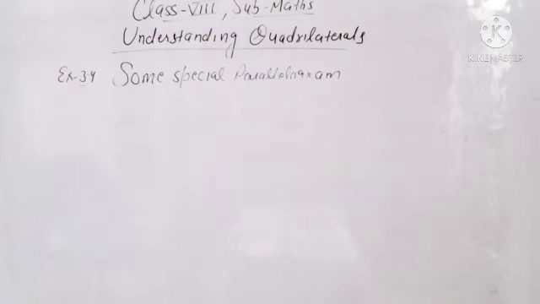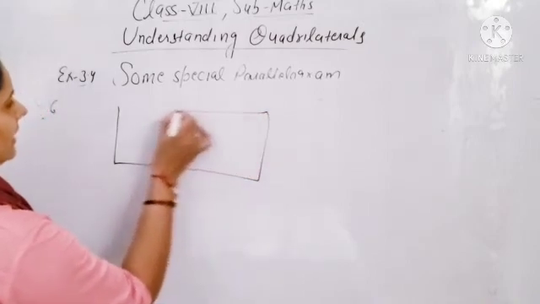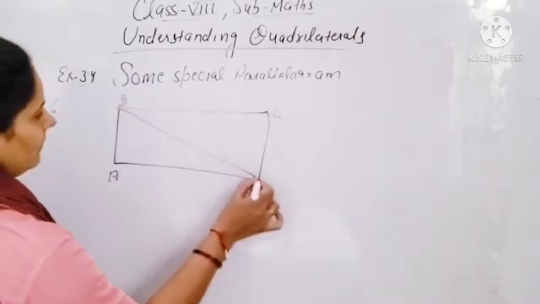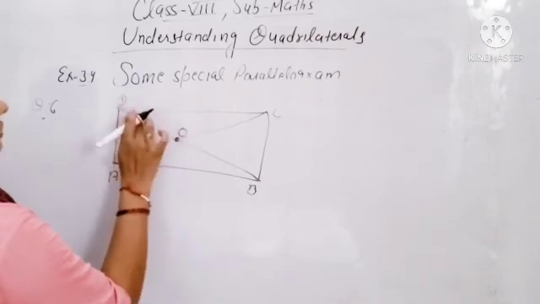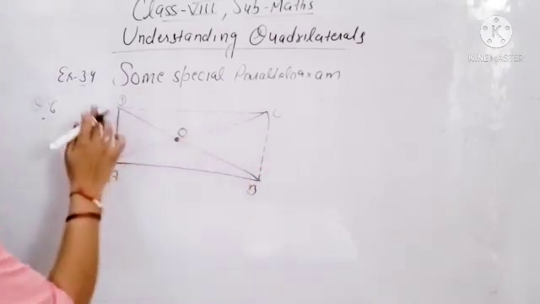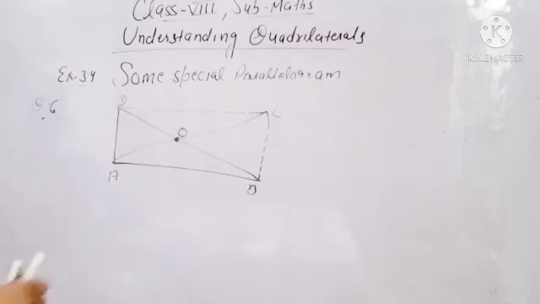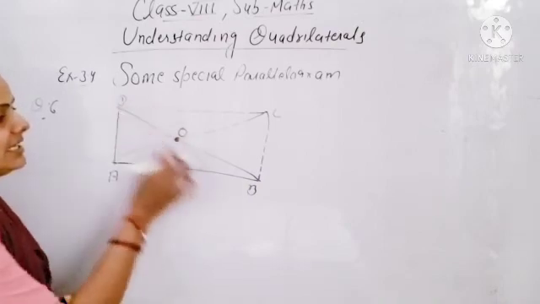Next, last question. ABCD is a rectangle, so BD and AC are the diagonals intersecting at point O, and this one is a dotted line, beta. You have to tell whether O is at equidistance from A, D and B, which means whether point O is at equal distance from A, from D and from B.